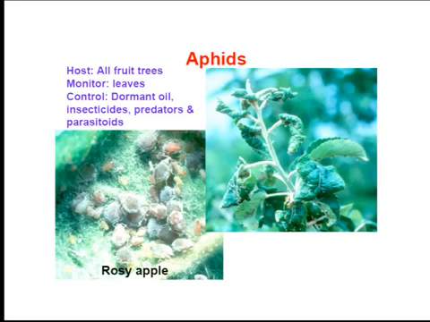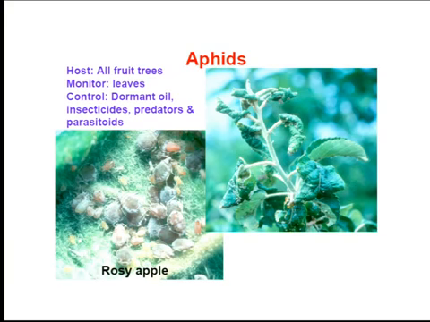Okay, that ant, if it doesn't occur here, you don't want to introduce it because it's just a generalist predator and could start eating all kinds of stuff. But where it occurs in the tropics, okay, we'll take advantage of it. Just like spiders. Spiders are also generalist predators, and they occur here, so you want to encourage them.